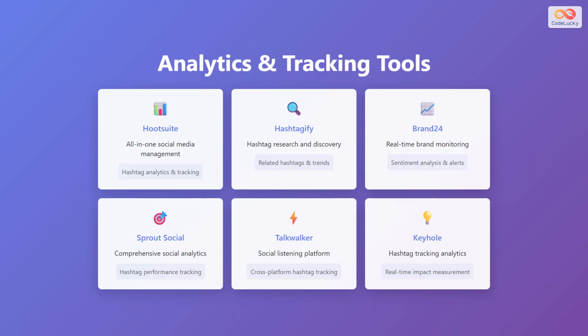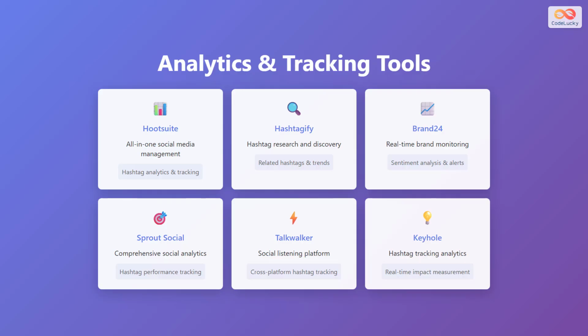Several tools help you track and analyze hashtag performance. Hootsuite is an all-in-one social media management platform that includes hashtag analytics and tracking features. Hashtagify is specifically designed for hashtag research and discovery, showing you related hashtags and trends. Brand24 provides real-time brand monitoring with sentiment analysis and alerts.